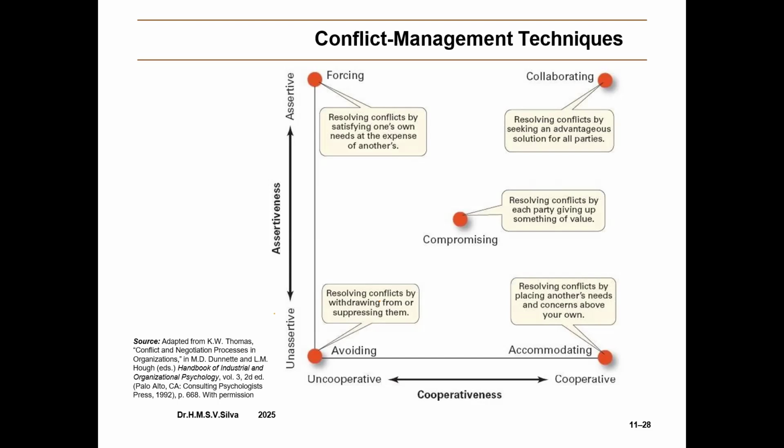Actually, this model was introduced in 1992 by Thomas in the book called Conflict and Negotiation Process in Organization. So when we look at it, there are 5 techniques we can use to resolve conflict. Assertiveness means self-confidence,